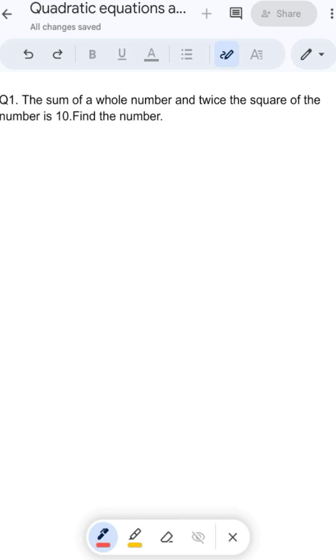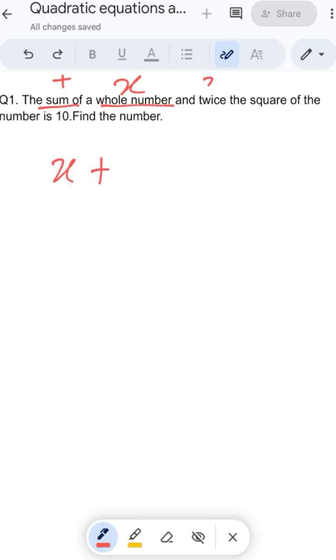The sum of a whole number and twice the square of the number is 10. First thing you need to know is a whole number. It means you don't know that number, so you can write it as your x. Sum means to add. After that, twice the square of the number. We'll come to that. Let's start with the beginning. The sum of a whole number. This means you are adding something with the whole number. So x plus